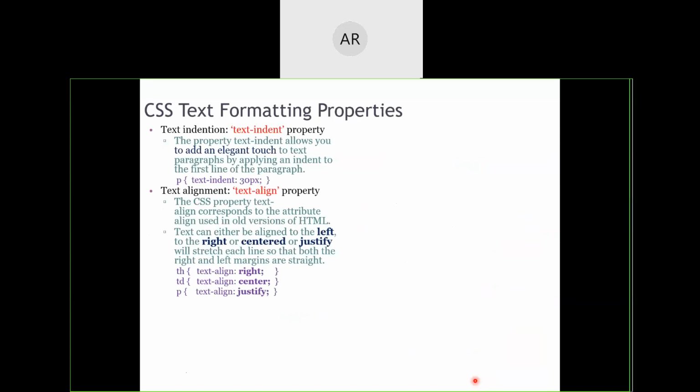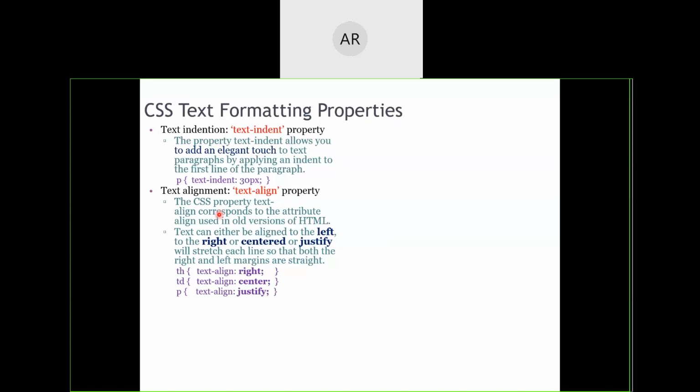Now text indent. The text indent property is going to give some indentation effect from the left margin. You can see that this T in the text and this T in the next line are a little apart from one another, one below the other. There is some indentation effect here. If you want to introduce an indentation effect, then you have to use a property called text-indent.